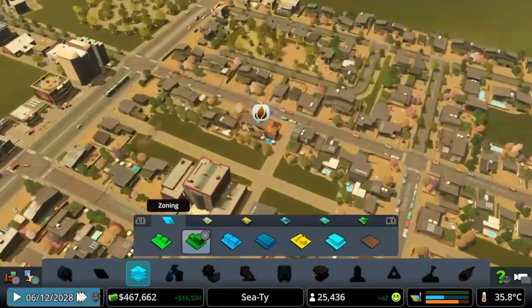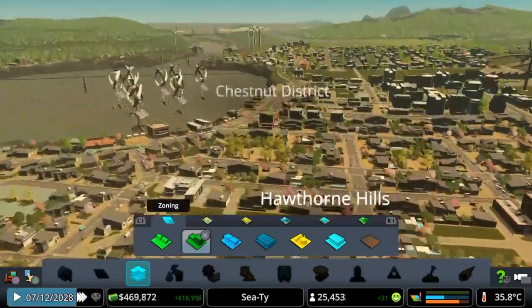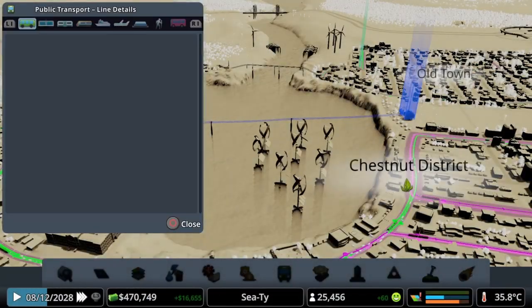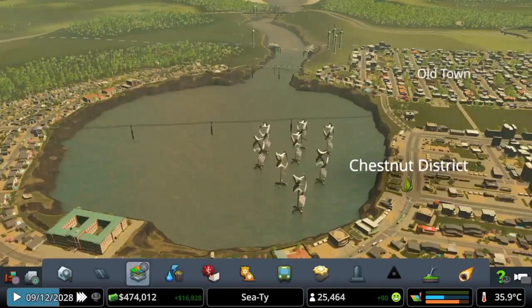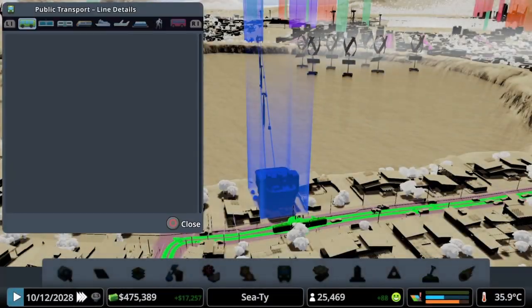Let's check on this fire a second. Wow, come on, there we go. Yeah, so we've got this cable car. Let's have a quick look at the info view on that one, and where even is the cable cars? Not on there, so we'll have to have another look. Come on, it's got to be there somewhere. So we've got